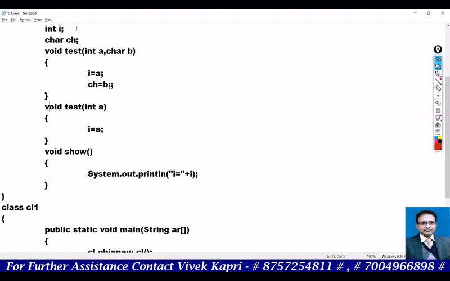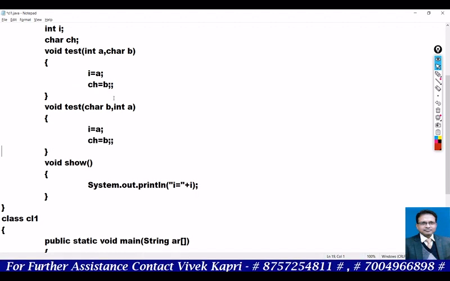In this case I am changing the sequence, char b comma int a, but initialization will be the same.